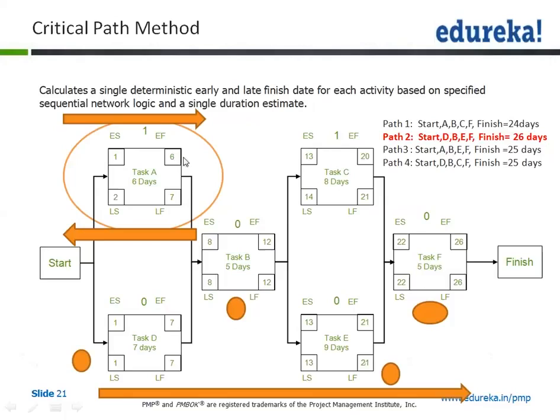However, we have task A getting completed on day 6. So that means there is a gap between the 8 and the 6. There is a 1 day gap. Why a 1 day gap is because task D was requiring 7 days, which is the critical path method. So task A now carries a 1 day buffer, which is known as float.